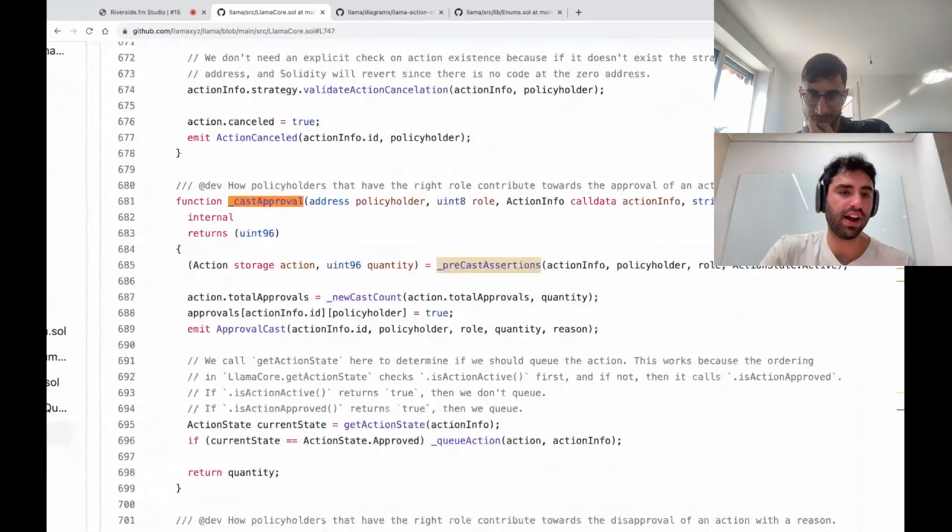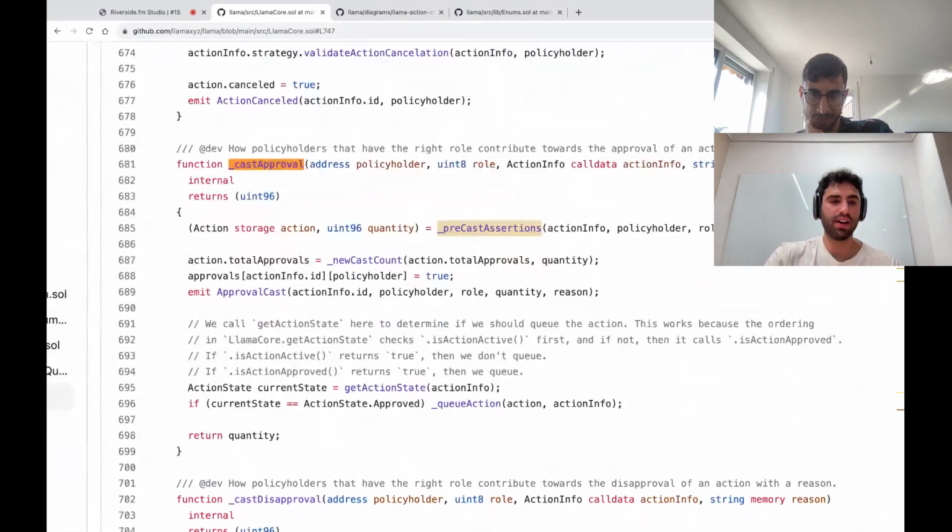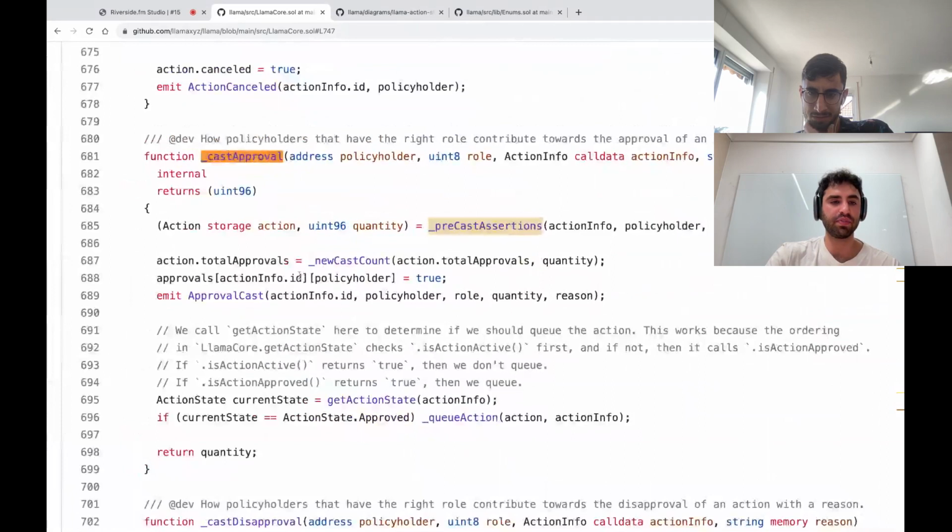Yeah, for sure. No specific reason other than this logic that follows is more a code organization thing, which I'm a fan of. If the transaction reverts in this step, then it won't matter anyway.